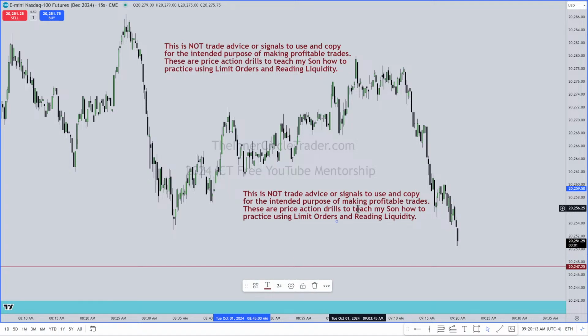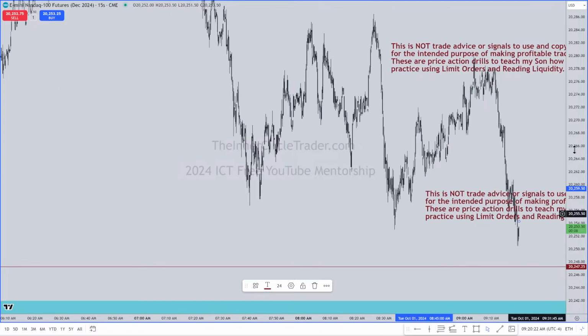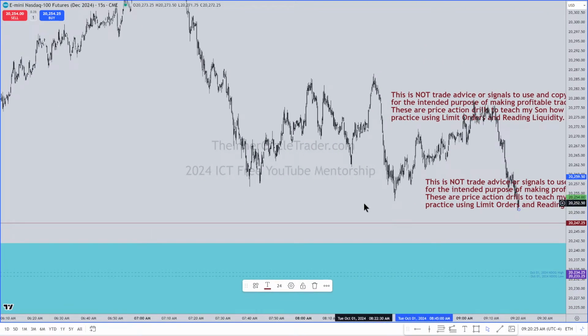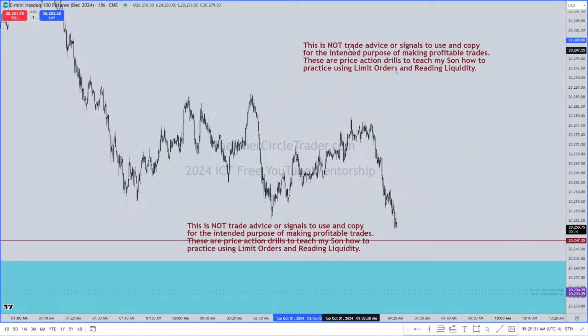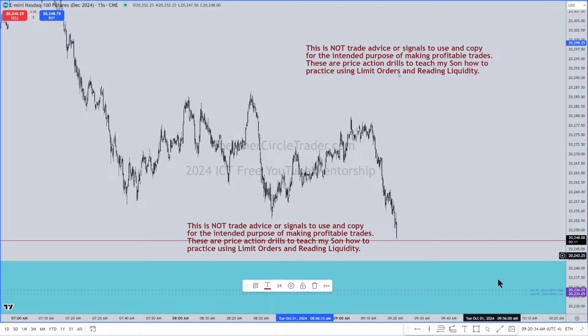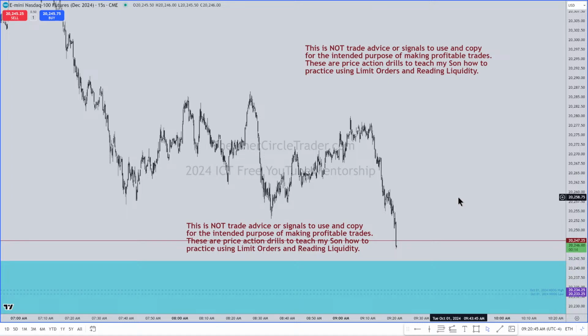Now, how do we do this? Let's go to a little bit more data back here. And this is a 15-second chart. All right. And we have a new day opening gap down here that could be a draw. And real quick, I'm going to be with you until I do 10 of these. So while I said we'd be here till 10:30, if it requires me to be here a little bit longer to get 10 executions, that's how long it will be, okay? Just know that